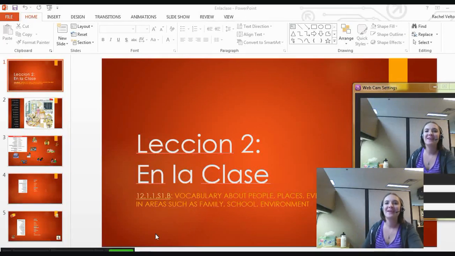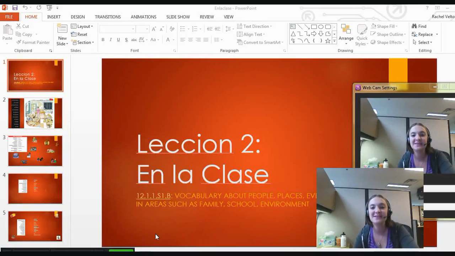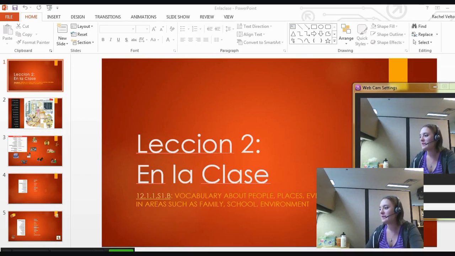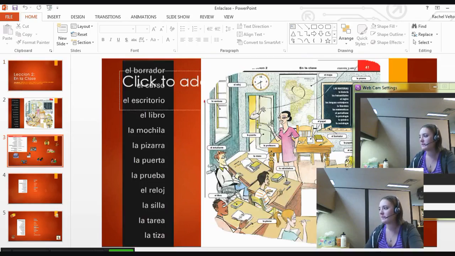Hola, good morning. So today I wanted to talk to you guys about your new vocabulary. We are just getting into chapter 2, and this new lesson is entitled En la clase. So we're going to be talking today about your new vocabulary words for classroom stuff. So without further ado, let's go ahead and peek at